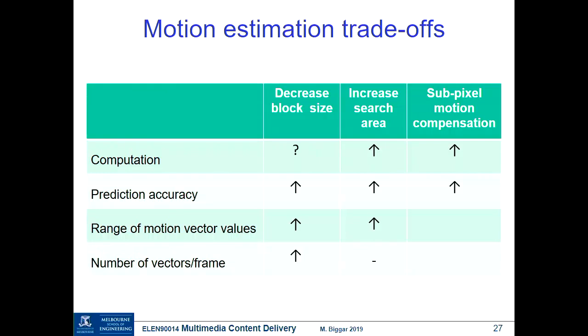Right? A certain number of bits would be required to specify integer motion vectors. Now we're going to fractional motion vectors. And the number of vectors per frame, is that changed by using sub-pixel motion estimation? No, it's not. Right? The number of vectors per frame is locked to the number of blocks that we use. So decreasing the block size changes it, but just searching in different ways doesn't change it. Okay, so I said I wasn't going to go through each of those